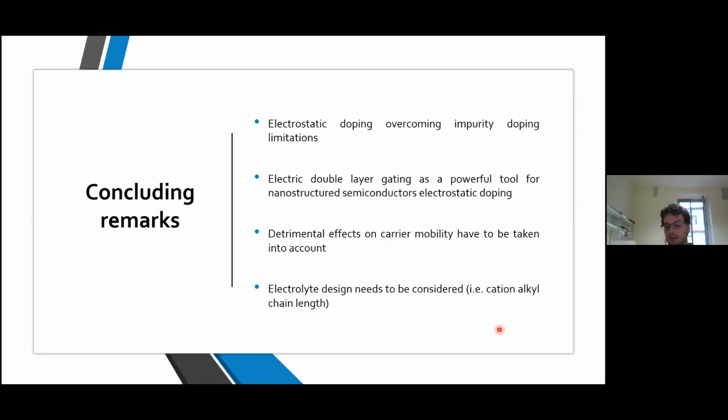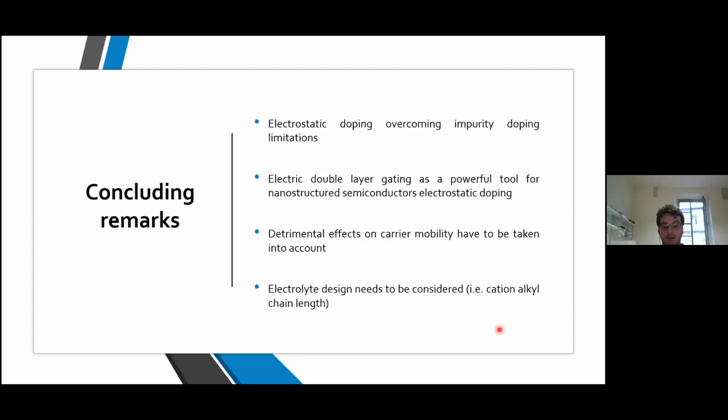I've shown you that there are some really strong effects for the changes in carrier concentration, and also that there are some detrimental effects on the induced carrier mobility